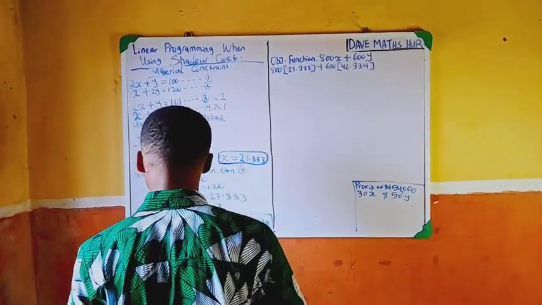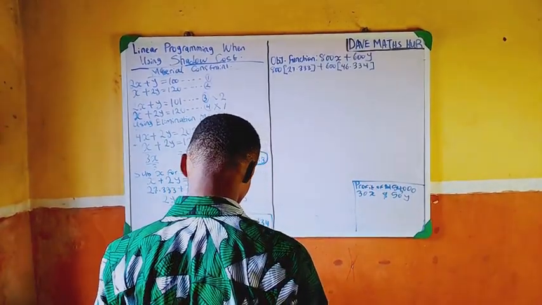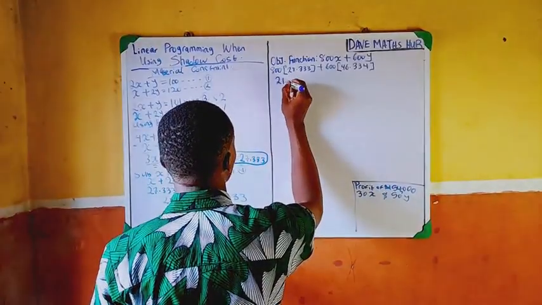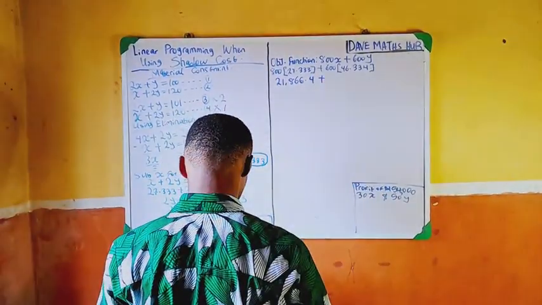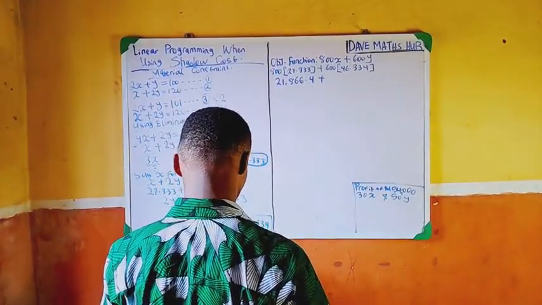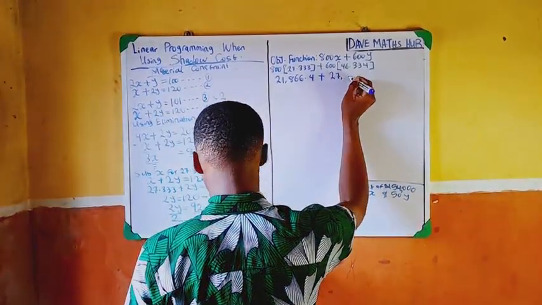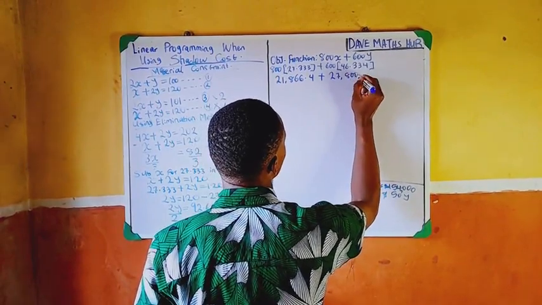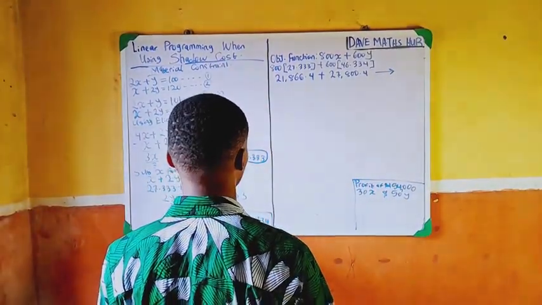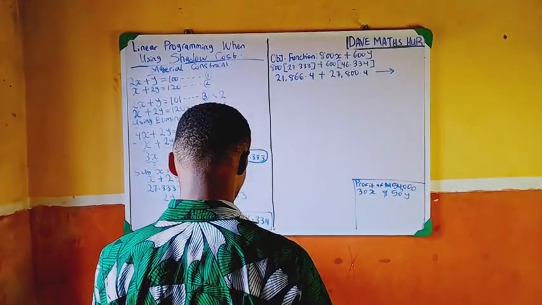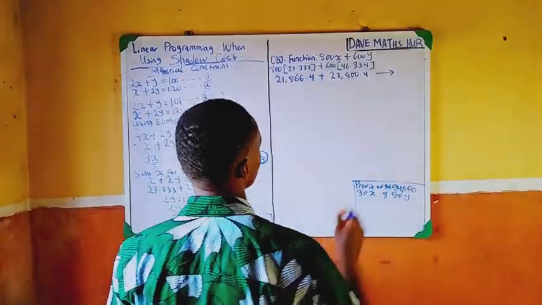Now, this will give us 800 times 27.333, having a total of 21,866.4 plus 600 times 46.334, giving us 27,800.4. So add this to 21,866.4 plus 27,800.4, giving us